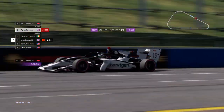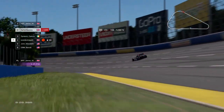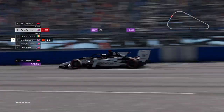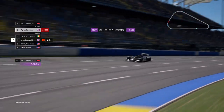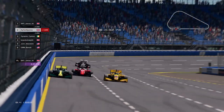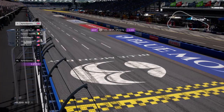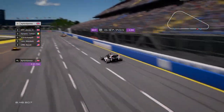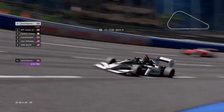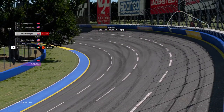And it really has intrigued me, as Ayrton Spanner has actually gone purple in Sector 1. Managed to carry the speed. That Turn 1 is actually flat out in these cars from what I can hear from the engine notes. That's really impressive stuff. Again, Ayrton Spanner purple, but he really needs to be in the slipstream if he's going to gain on James's time. You can see there's a group slipstreaming up ahead. And Ayrton Spanner actually does manage to take pole position by 0.006 of a second, as that is a very laggy car of... was that? That wasn't Dynamic Carbon. That must have been...